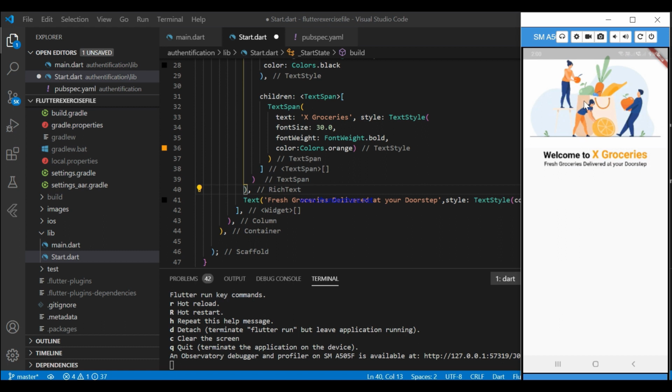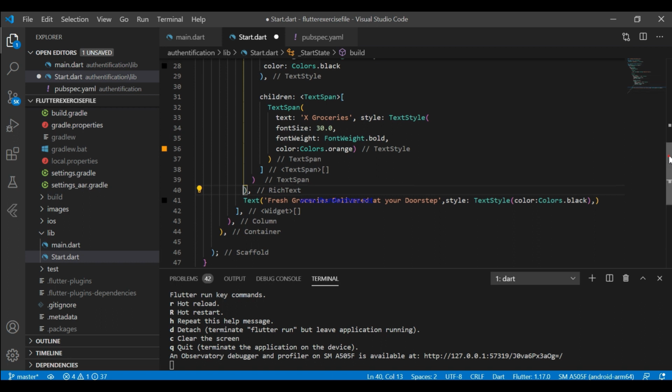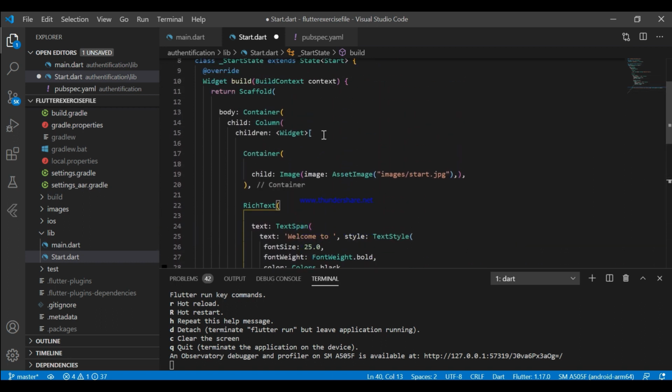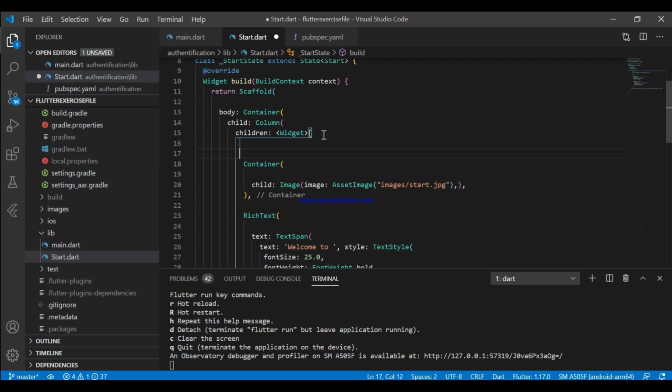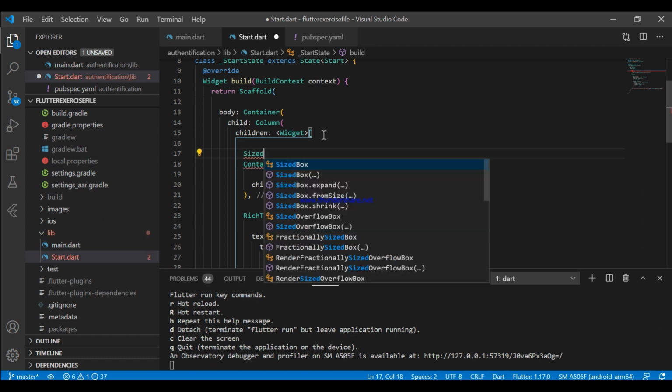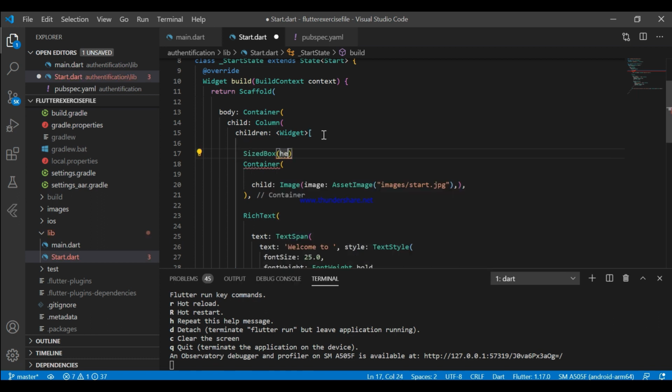We need spacing from top and bottom as well, so let's provide a size box first. We need a size box from top, just here before container, and a height of 35 will be sufficient.